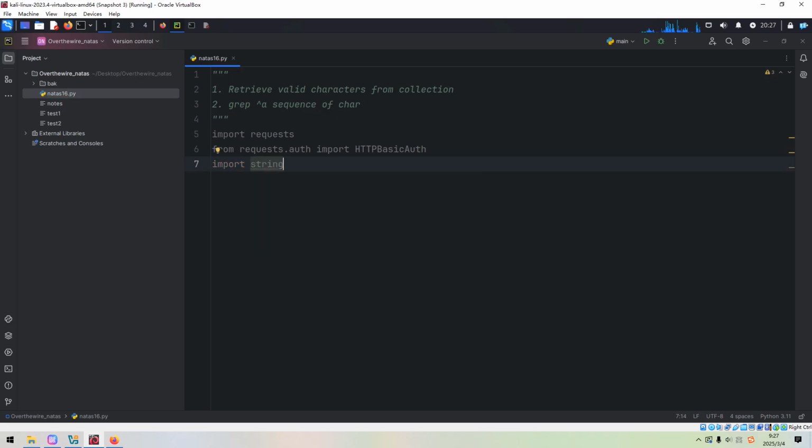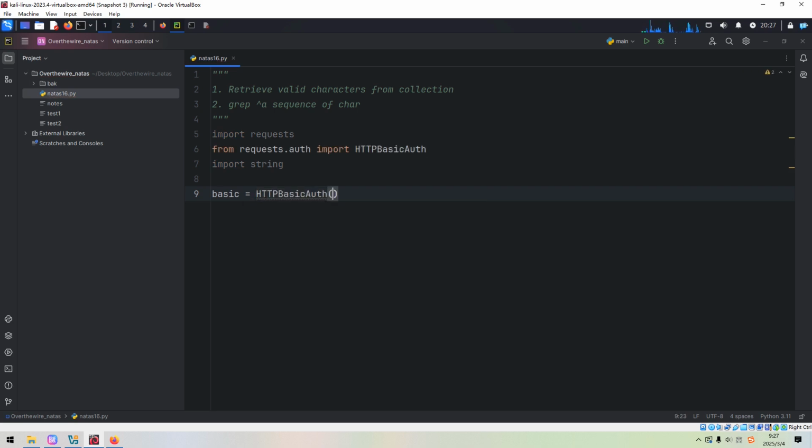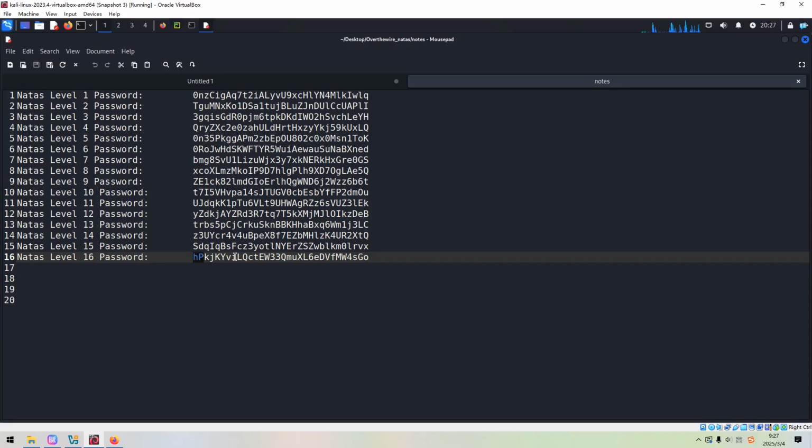This is a built-in module, and it can help us generate collections of characters. First of all, we initialize an instance of the class HTTPBasicAuth. We need to give two arguments, Natas 16 and the password. We can copy it from the notebook,